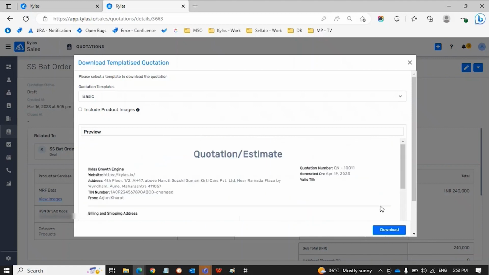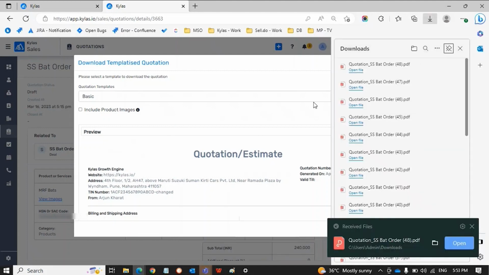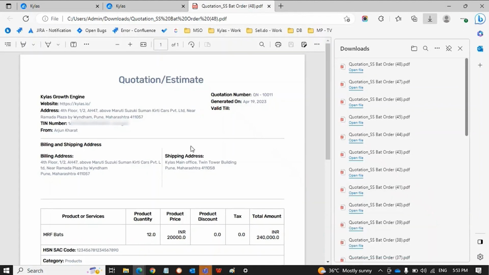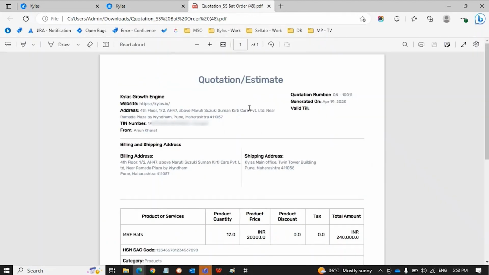Now let's download this in a simple format without the image. Now once downloaded, this is the very basic format that you would be seeing. Here we have the header, that is quotation or estimation. Here you would be seeing the quotation, the company name. So for me, I have